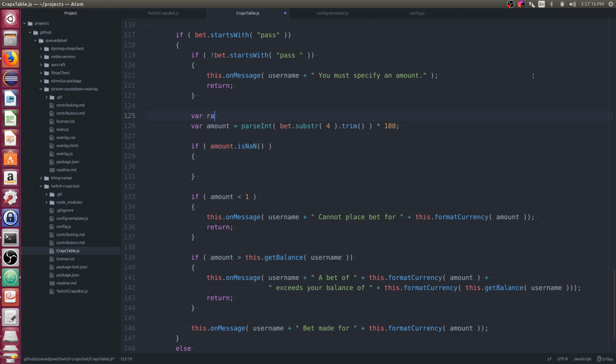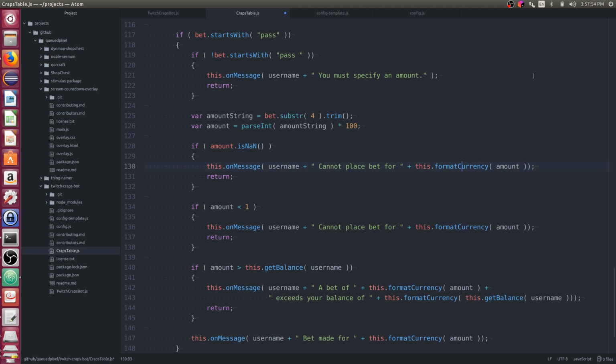Let's say var raw amount is equal to this. Or I can say amount string. Let's try this. We'll say amount string is equal to that, and then amount is equal to parseInt of amount string times 100. So if not a number, we could say cannot place bet for raw amount.